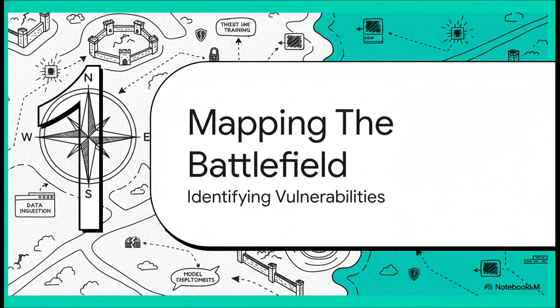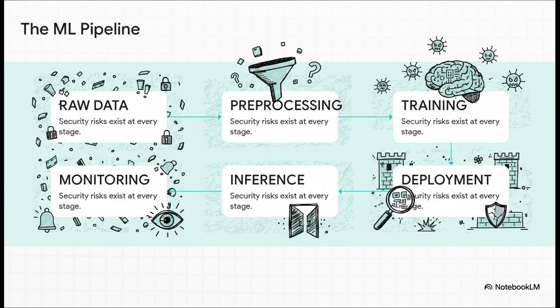Okay, so if we're going to build a proper defense, we first have to understand the territory. So let's map out this MLOps battlefield and pinpoint exactly where the vulnerabilities are hiding. All right, so here's the standard machine learning pipeline. You know, it looks like a nice, clean, linear process, doesn't it? But here's the scary part. There is a security risk at every single one of these stages. A weakness way back in your data collection can be just as devastating as a vulnerability in your deployed API